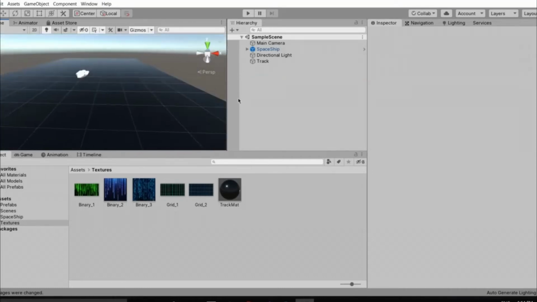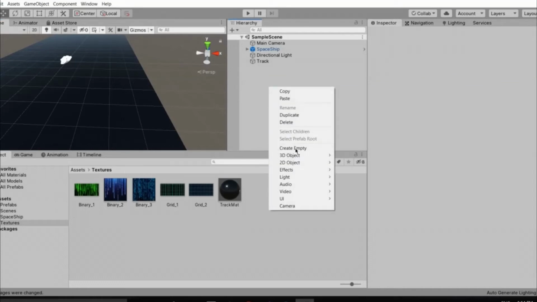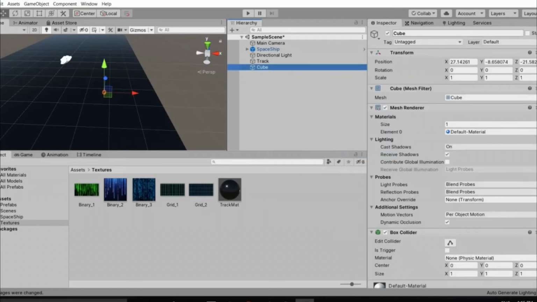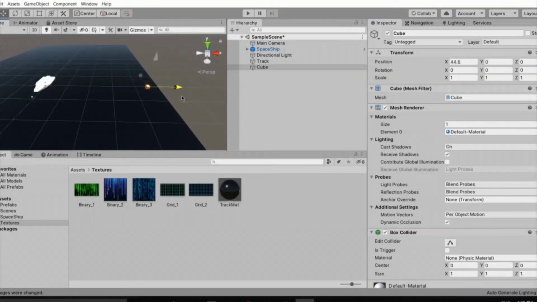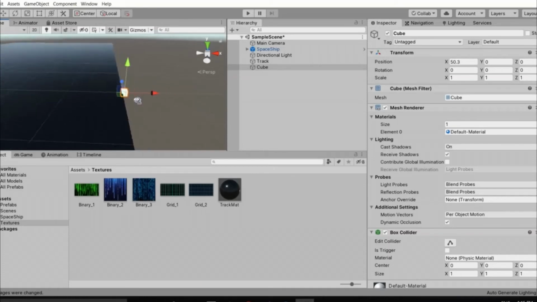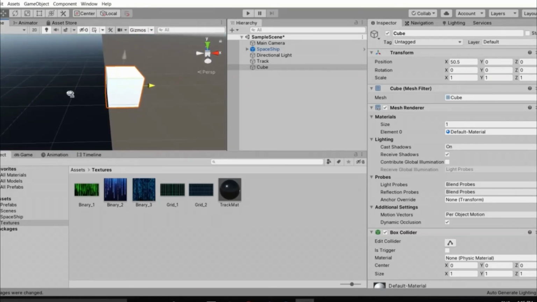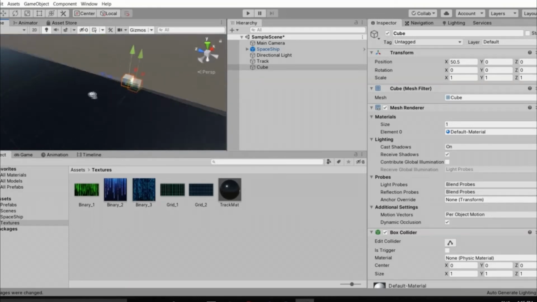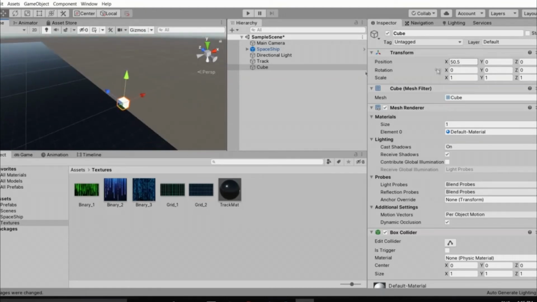So with that said, guys, now let's create the border for our track. To create that border, you need to create a simple cube in the hierarchy. So click on 3D object and create that cube. Bring its transform to the center, to the origin, and then just drag that cube to the right in the positive direction of the x-axis, and after bringing it to the positive direction of the x-axis, just bring it slightly more in, just increase that transform,